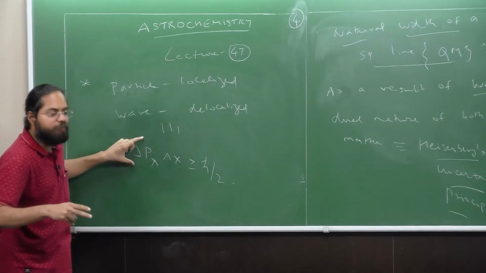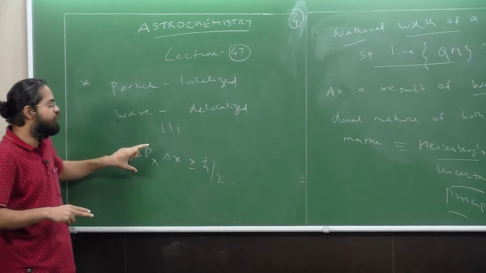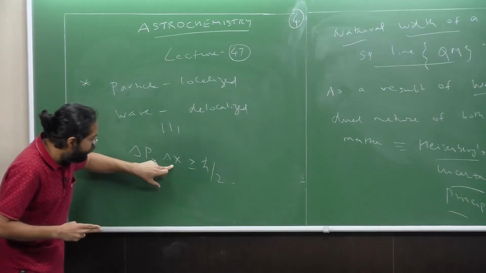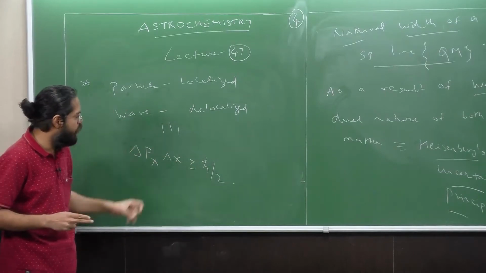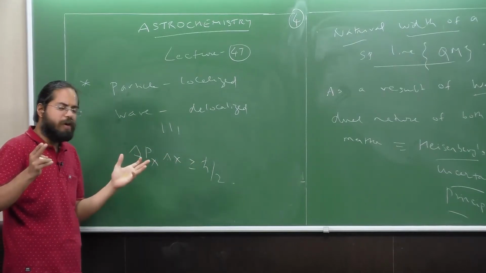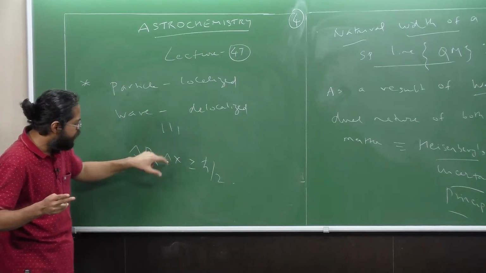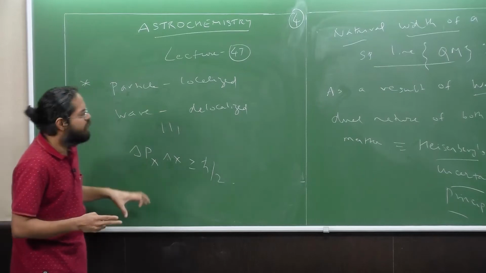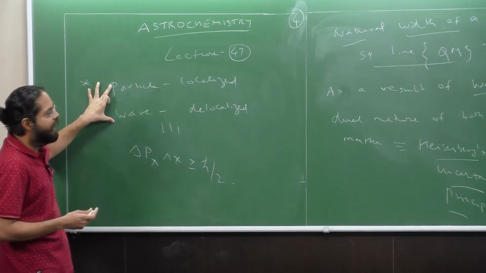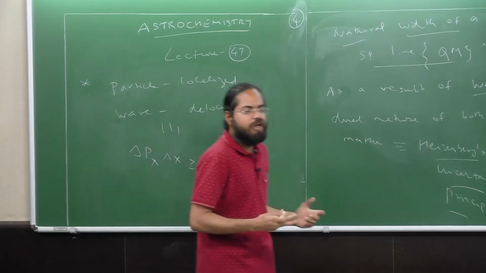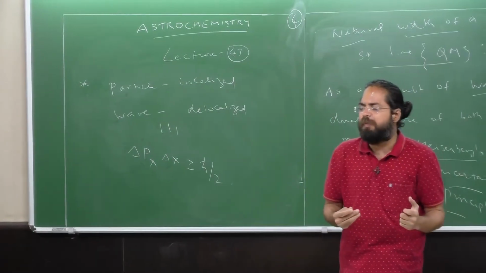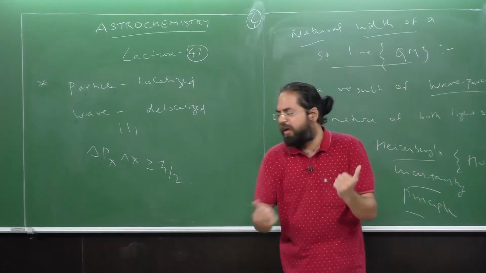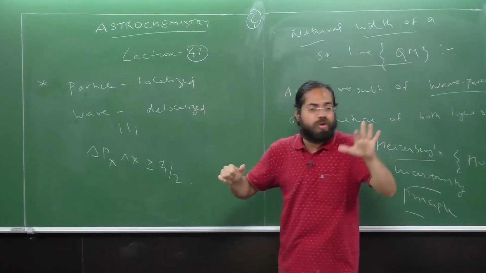which is a property of a particle. You fix its momentum, the uncertainty in momentum is going to be very less. Then therefore, because the value of h bar is very small, there is going to be a lot of uncertainty in your position. So this mathematical statement translates qualitatively into this idea that it is impossible to simultaneously describe some entity accurately, such that it is both localized and delocalized at the same time.